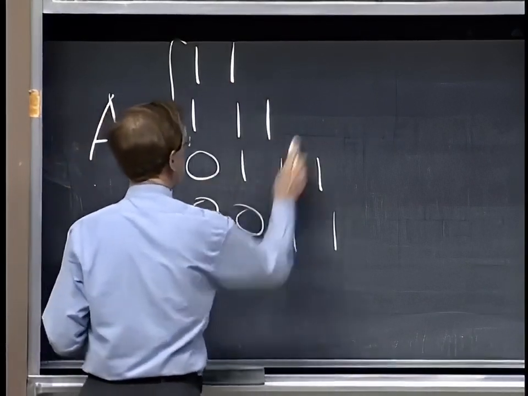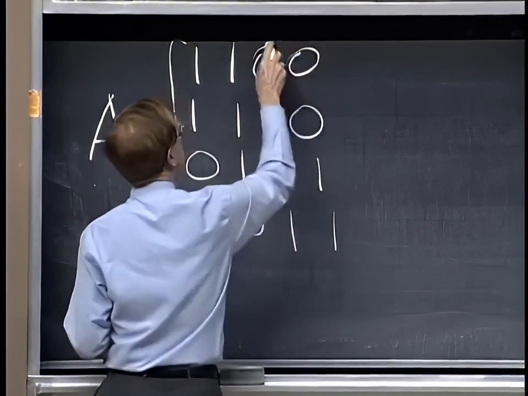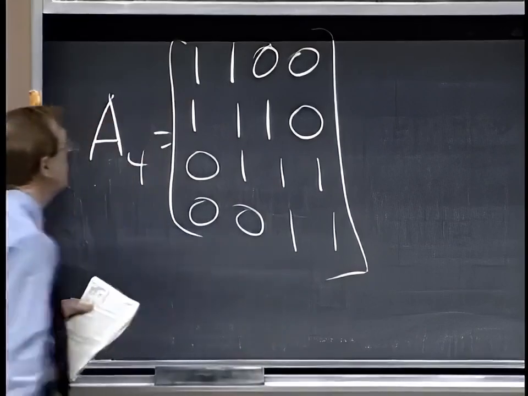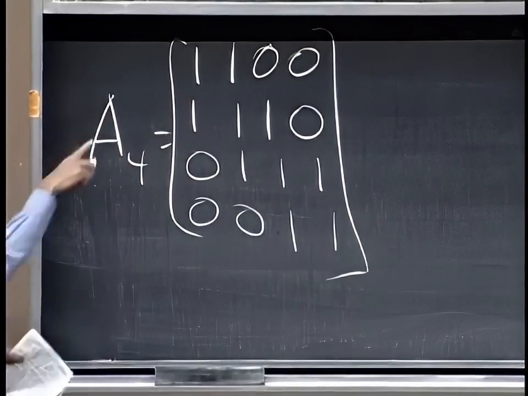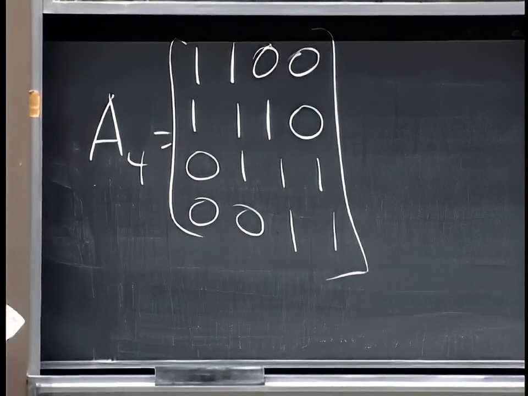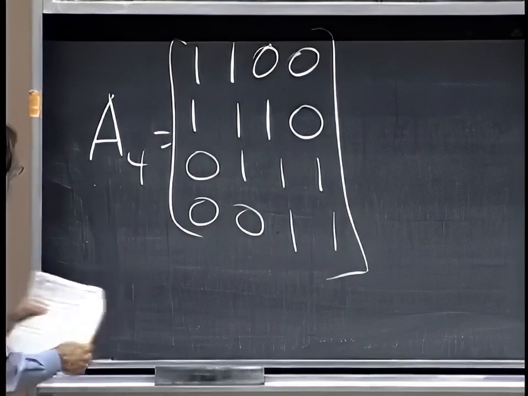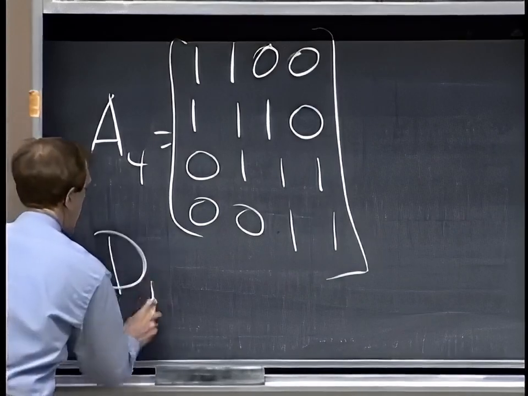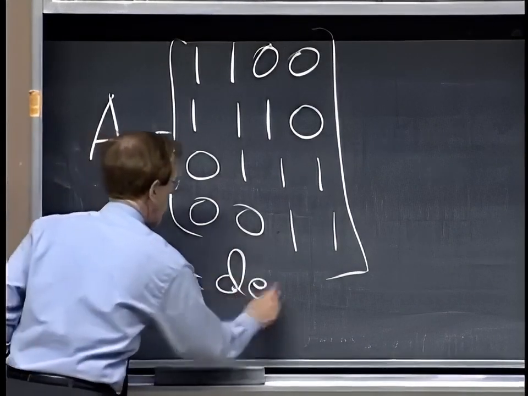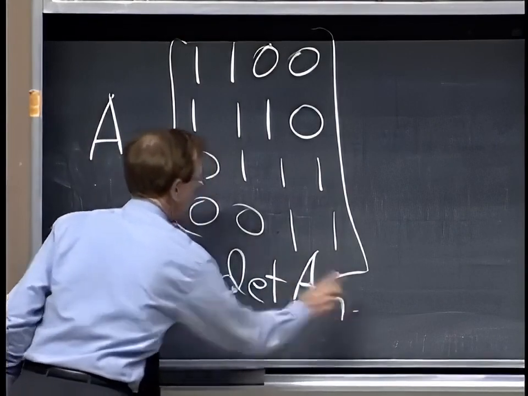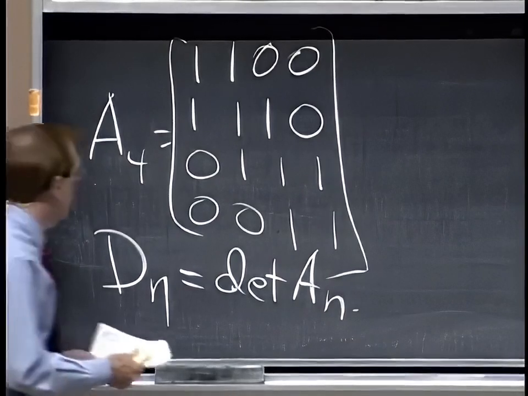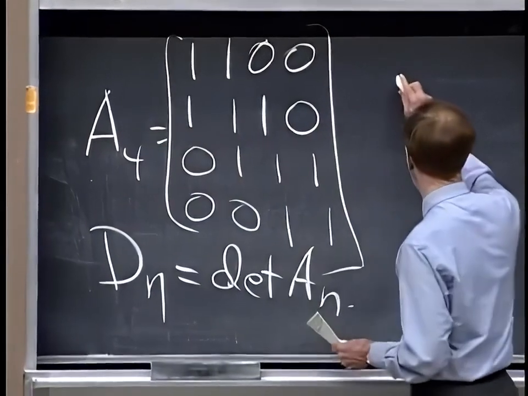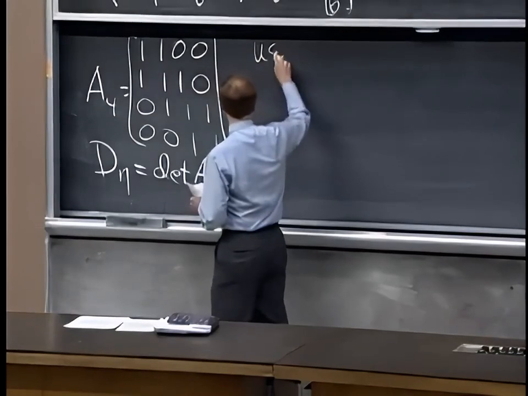Otherwise, zeros. So that's the pattern, and we've seen this matrix, I guess. Okay, so it's tridiagonal with ones on the diagonal, ones above and ones below, and you see the general formula AN. So I'll use DN for the determinant of AN. All right, the first question is, use cofactors